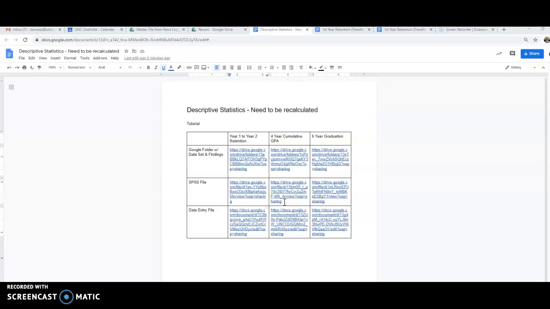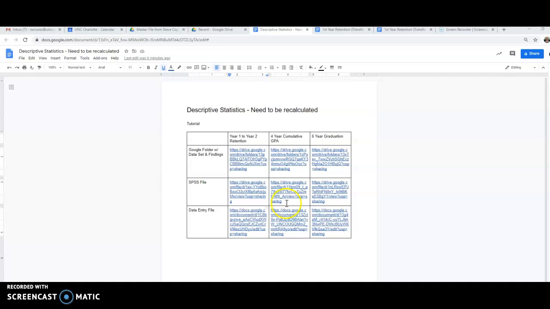Unfortunately, I was looking through the descriptive statistics that you'd put together for the three data sets for our current research, and I realized that you must have misinterpreted my directions. And so, unfortunately, the descriptive stats need to be reconfigured for each of the data entry files. Apologize if there was miscommunication, but I'll show you what I do want